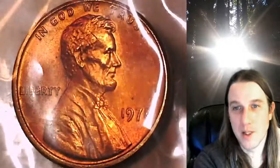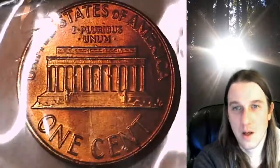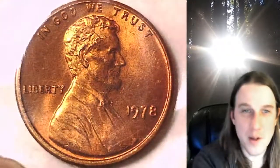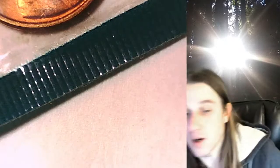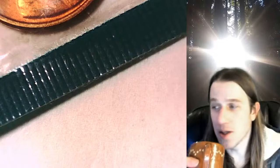Pretty big blow to his head there. I feel like I've had 1978s before here on the show, and I don't believe any of them were this bad. I feel like this was not the best batch. The rim looks a little interesting, a little bit beveled. Alright, coffee break, and then we can zoom in on these and see. I don't remember there being anything really interesting